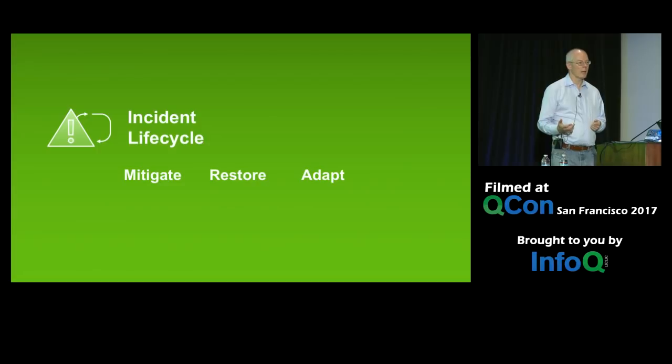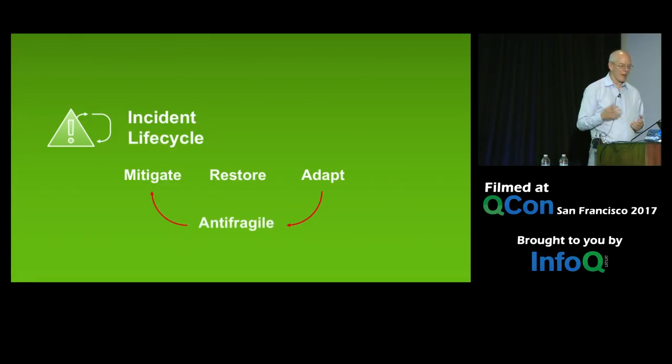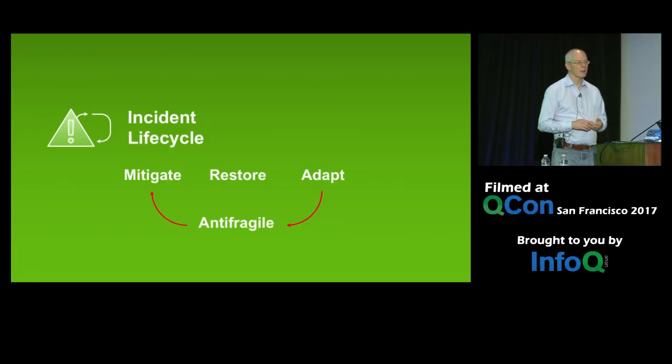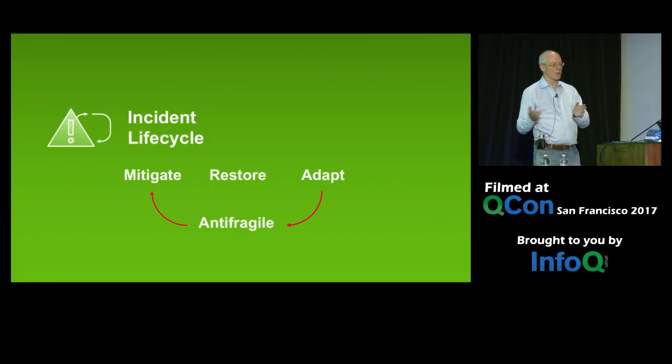You want to try and mitigate what's going wrong so that it doesn't spread. You want to restore the system into some working state, and you want to adapt the system so that it doesn't do it again, right? That's basically the cycle, and that's the anti-fragile feedback loop. If you read the book Anti-Fragile by Nassim Taleb, he has lots of good examples, like working out. You go to the gym to work out. If you work out too hard, you'll actually break something and end up in hospital and not be able to walk the next day. That's too hard, right?